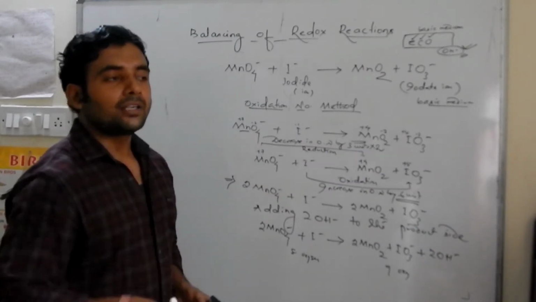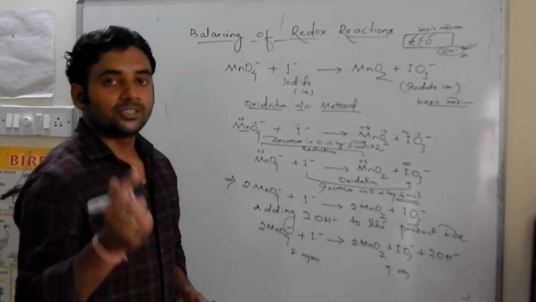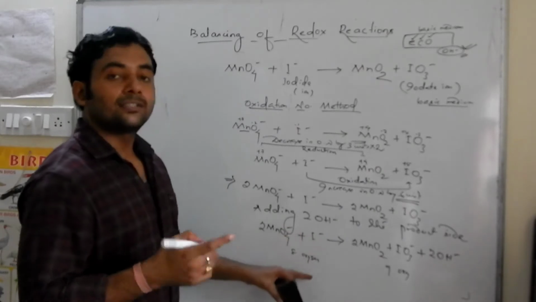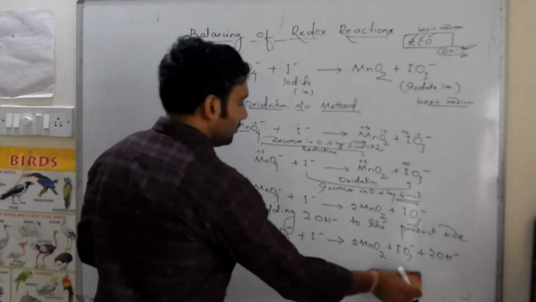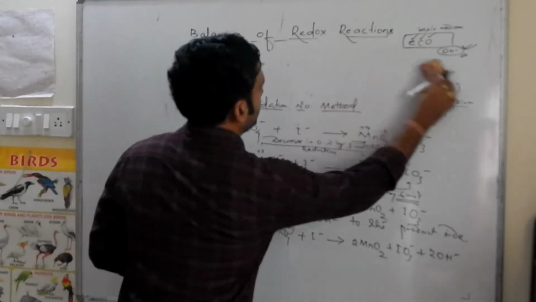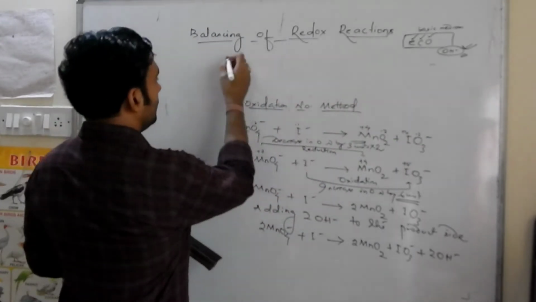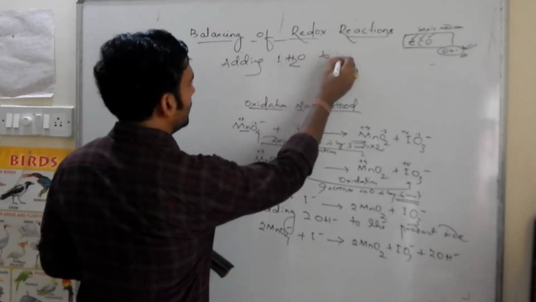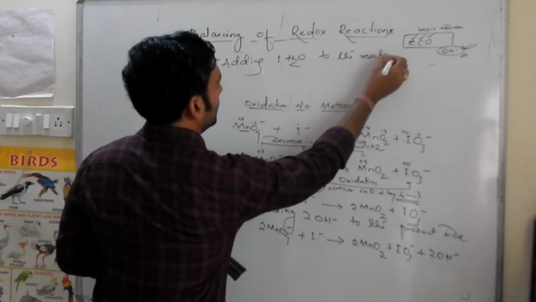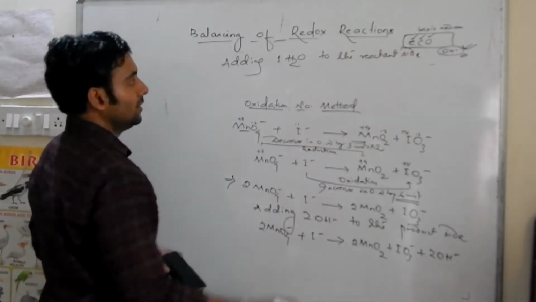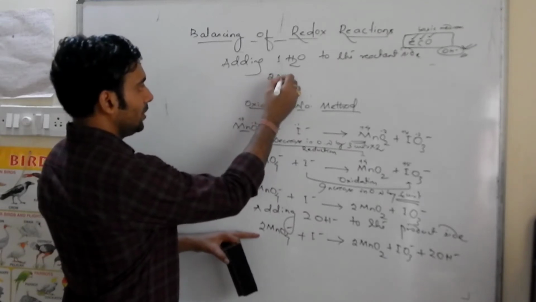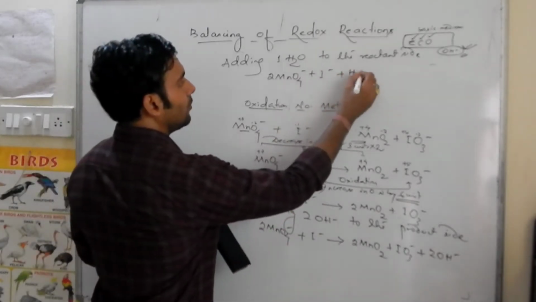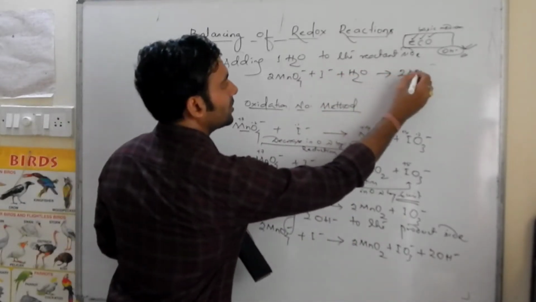Adding one water molecule to the reactant side will be enough, because in one water molecule there is 1 oxygen, and we require only 1 oxygen atom in this case to balance the oxygen atoms. So what we will do is add 1 H2O to the reactant side. So the equation will become 2 permanganate ion plus iodide ion plus water gives rise to 2 moles